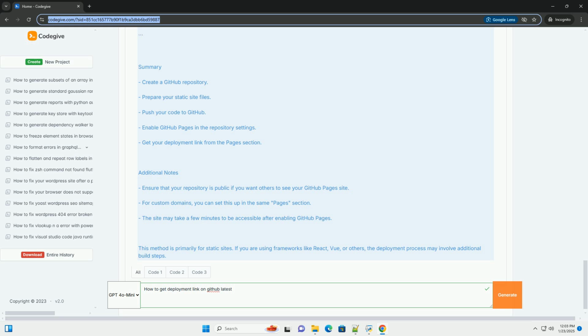Step 5. Get your deployment link. After saving, GitHub will provide you with a deployment link. It usually looks like this. You can find this link in the Pages section, usually right below where you selected the source. Example. If your GitHub username is John Doe and your repository name is My Static Site, your deployment link will be